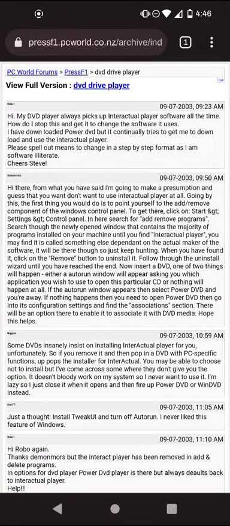So if you remove it and then pop in a DVD with PC-specific functions, up pops the installer for InterActual. You may be able to choose not to install it, but I come across somewhere they don't give you the option. It just doesn't bloody work on my system, so I never want to use it. I'm lazy, so I just close it when it opens up and fire up Power DVD or Win DVD instead. This is basically on